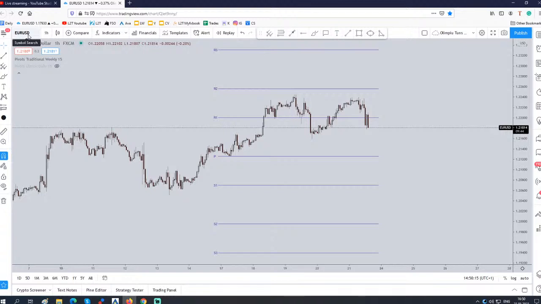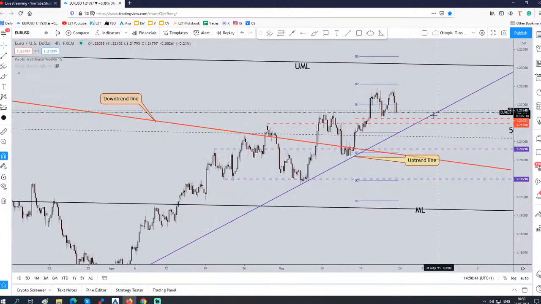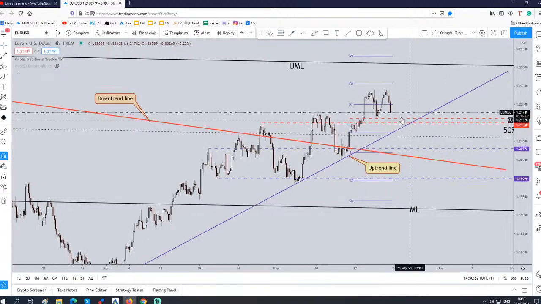So right now the pair drops aggressively. I've told you and I've shown you that the DXY, the US dollar index, increases. So right now the price of euro versus US dollar drops, and it could maybe approach and reach maybe 1.2150, also the uptrend line again. And as long as euro versus US dollar stays above this uptrend line, the bias is still bullish, and maybe only false breakdowns here, test, retest, could bring us a new long entry. Okay, so the bias is still bullish,